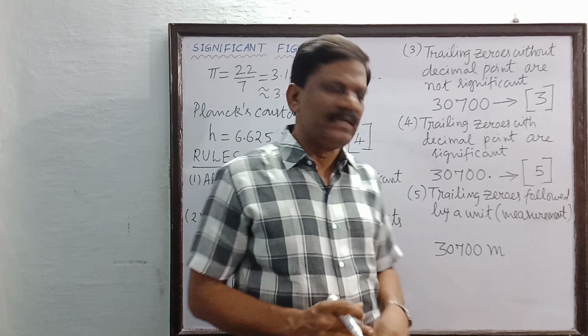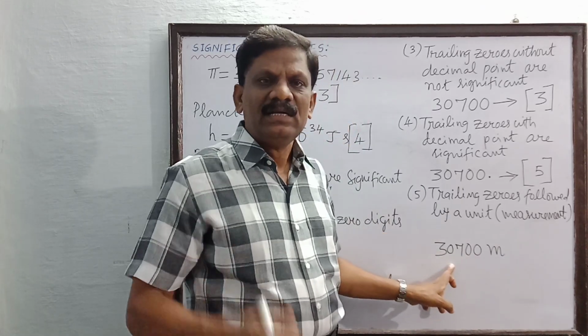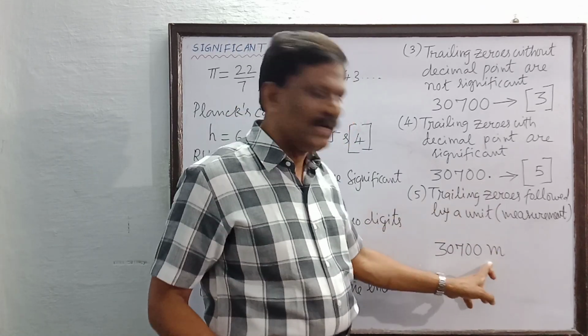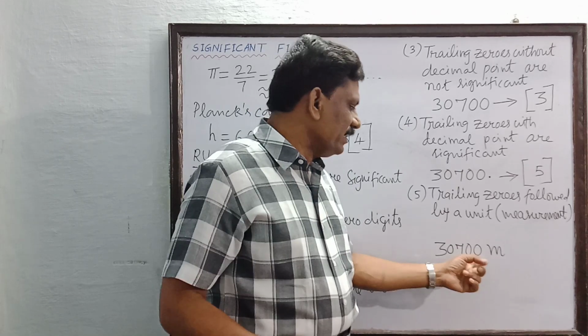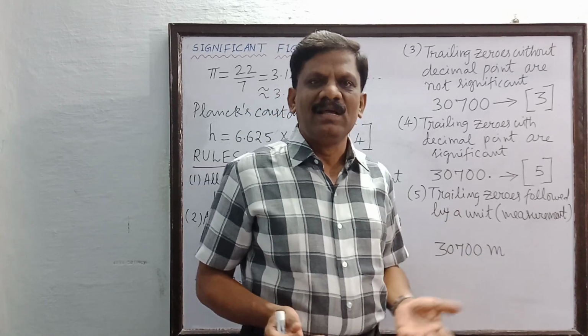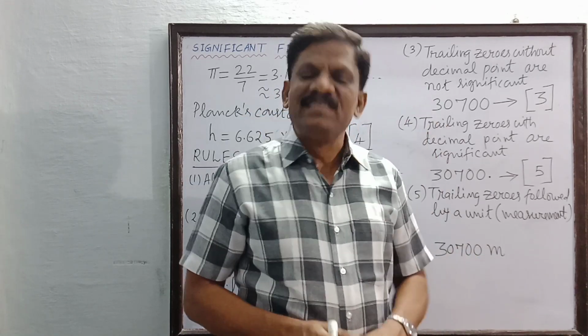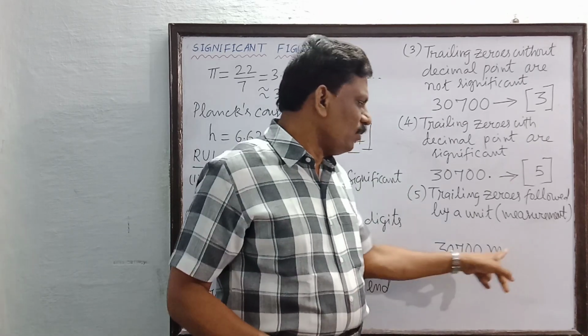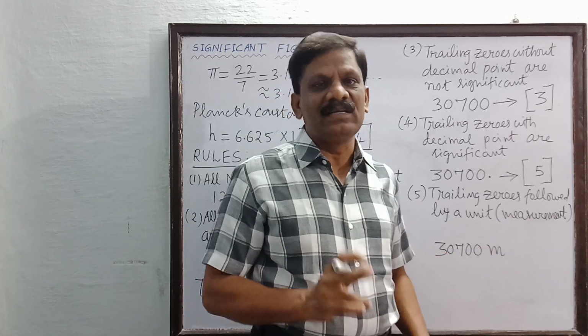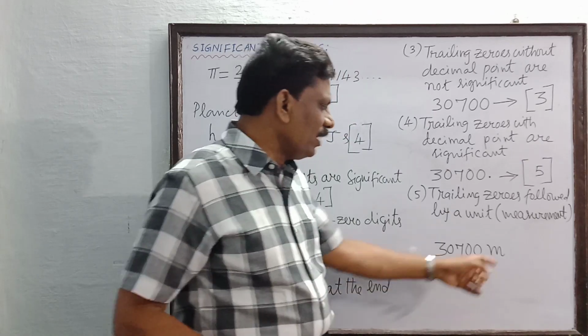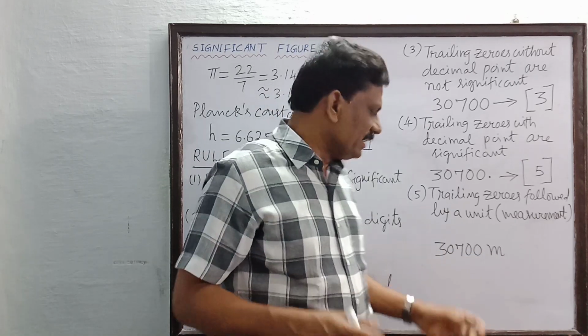Any unit following the number is equivalent to a decimal point. That means the ending zeros, or the trailing zeros, are 100% significant. This rule most students forget. Take care. Understand? So if the number is followed by a unit,